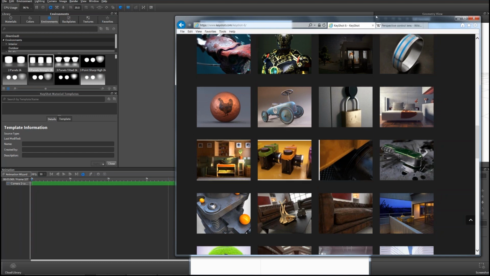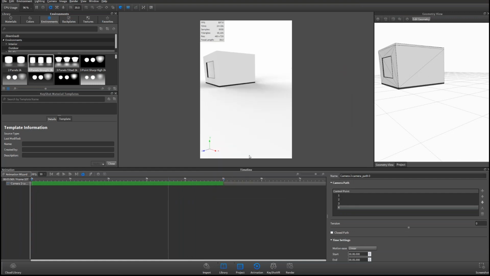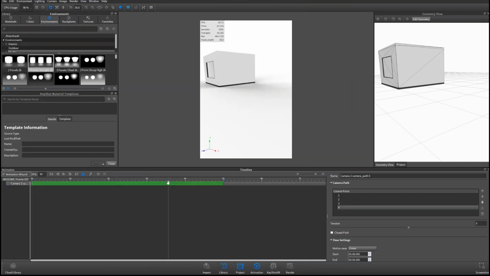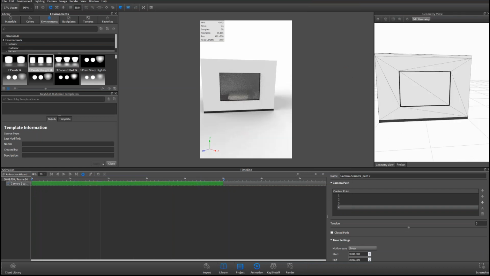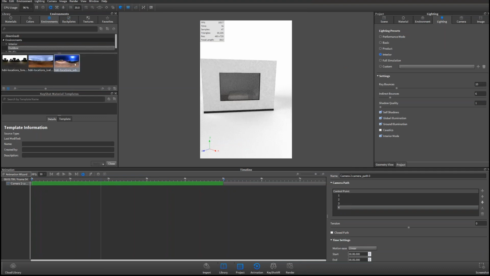Josh, how are we doing on questions? Anything that we want to address? We're doing pretty good here. Geometry view and edit geometry view, yes, that is a Pro feature. And as far as when KeyShot 6 is coming out, we haven't announced that yet, but be looking for it in late summer.